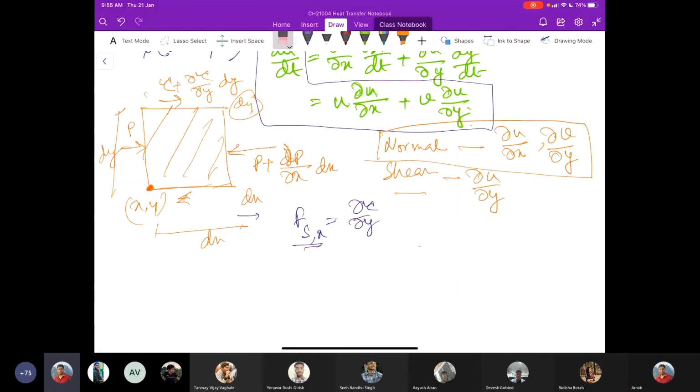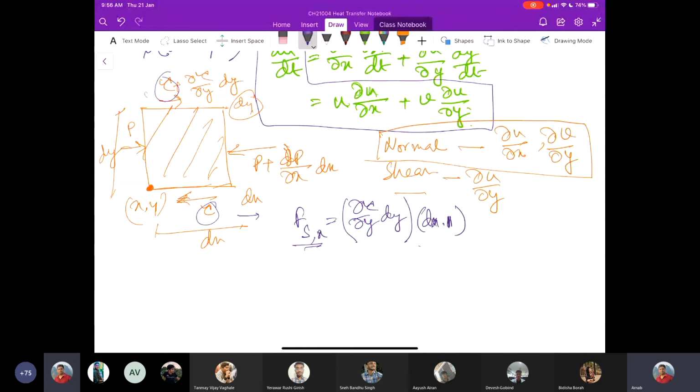This is acting on a surface area dx multiplied by 1,